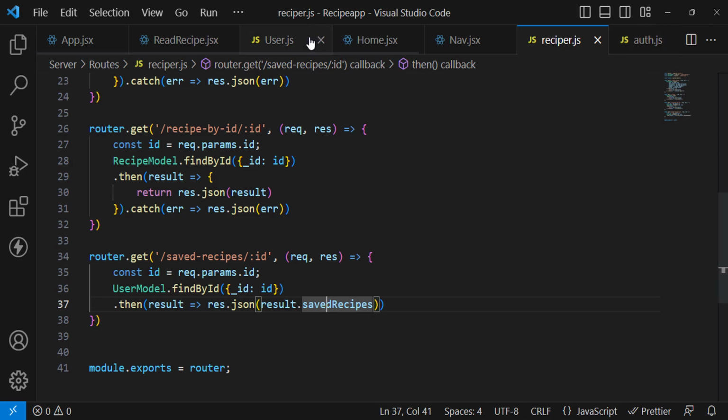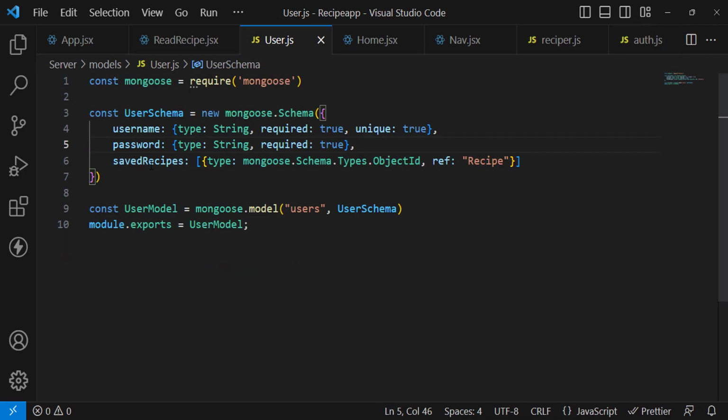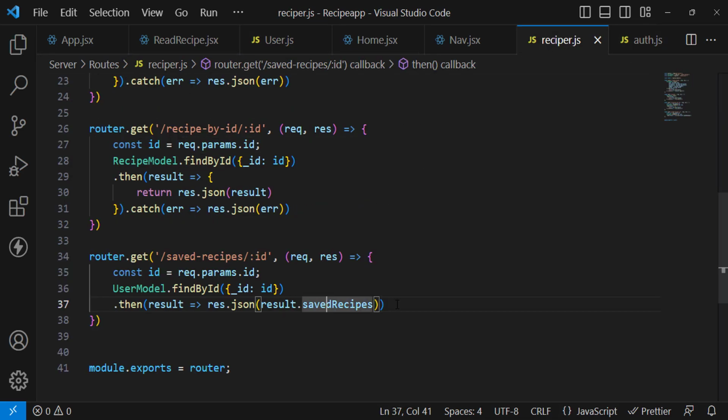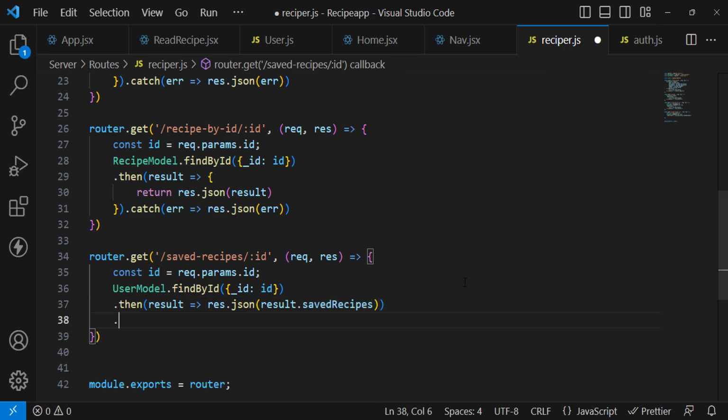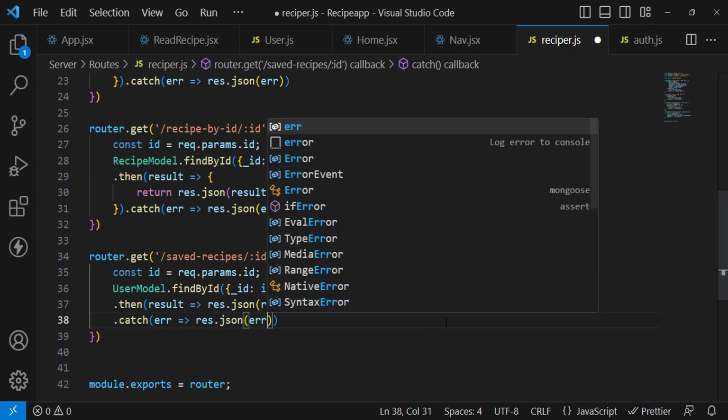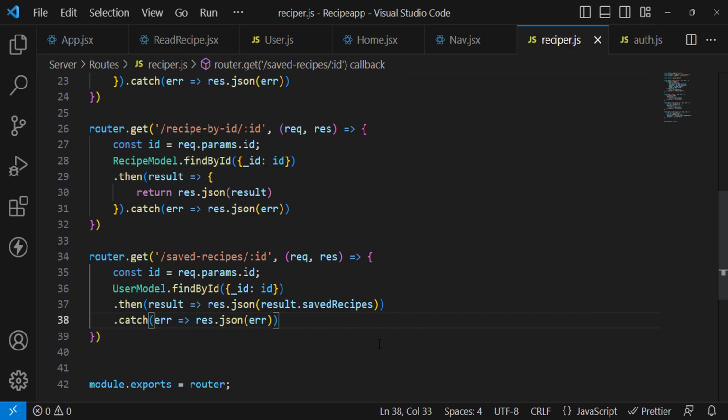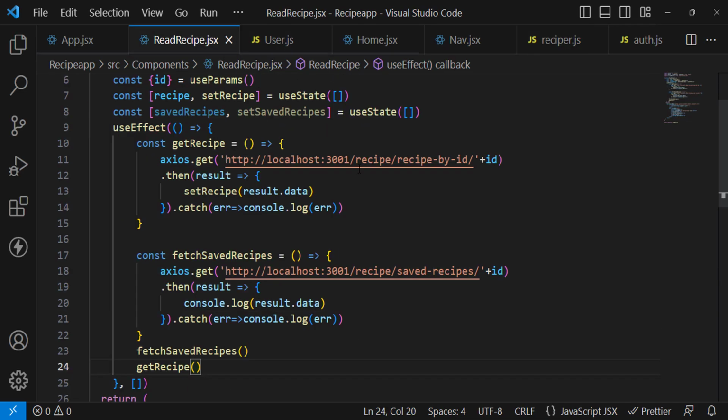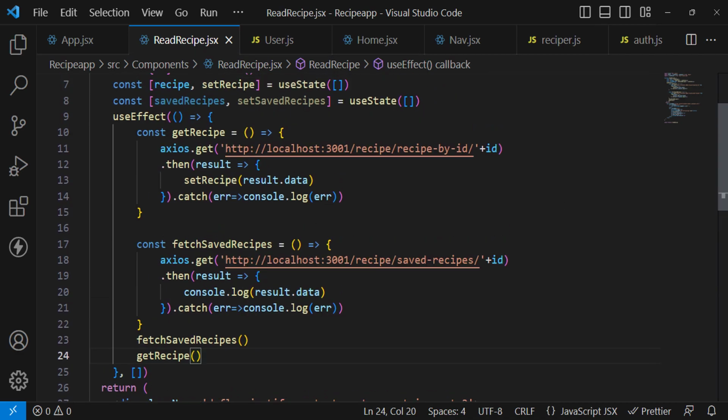I will show you inside the user model. We will just return this saved recipes, then .catch. If there was any error, response.json, return the error. Let's save it, and let's first of all move to our